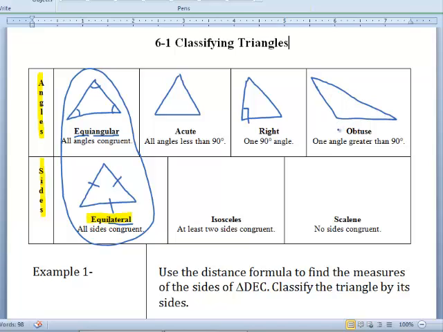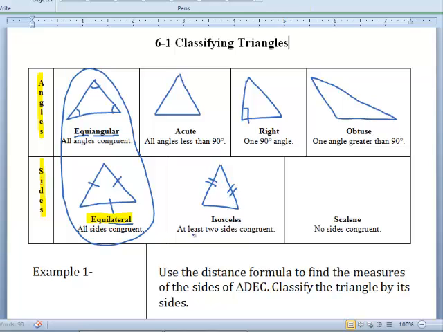All right. Classifying the triangles by sides, we've also already talked about the equilateral. An isosceles triangle has at least two sides congruent. So if you draw an isosceles triangle, it's going to have at least two sides congruent. All right, and I put two markings on there just to distinguish it from the one I've already done there. It doesn't mean you have to have both of them there. You can have one slash or two slashes or three slashes as long as you match up the pairs of